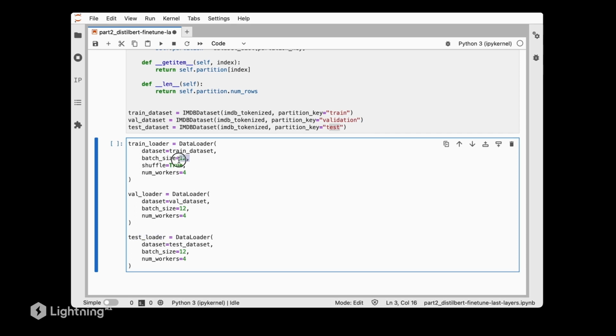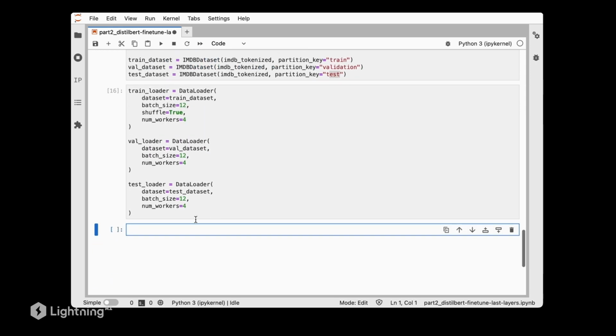And we will be using a small batch size of 12 because DistilBERT is quite efficient, but still on certain GPUs you can only have a certain batch size, because otherwise we would be running out of memory. But I will share some additional resources with you. I wrote a blog post recently on how we can deal with smaller batch sizes. So I will share that with you in case you have memory problems. There's a little trick that we can use. Okay, so